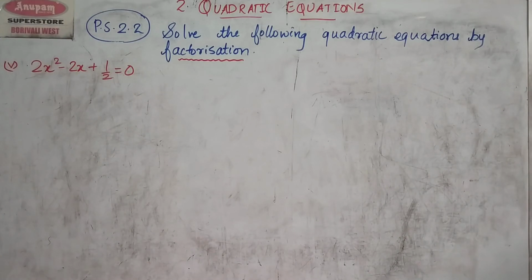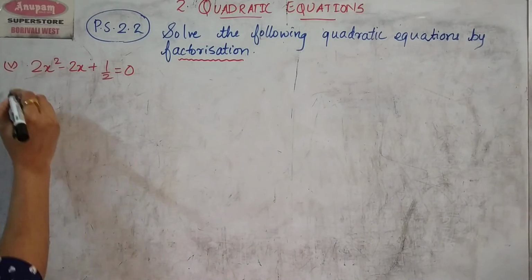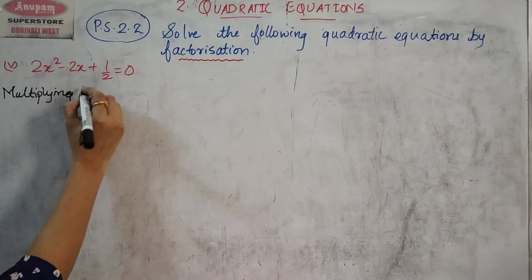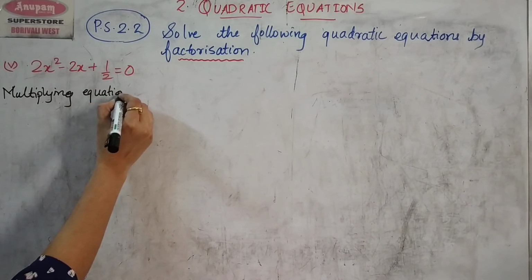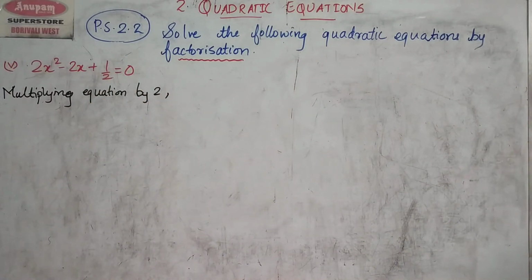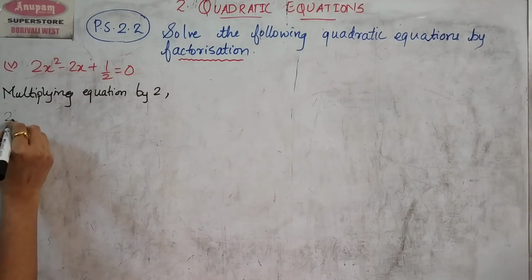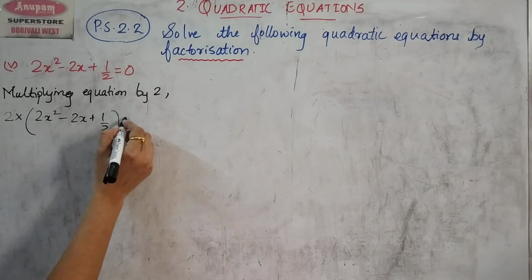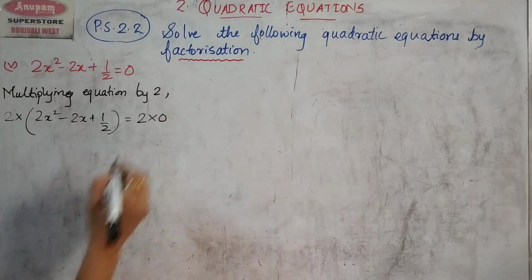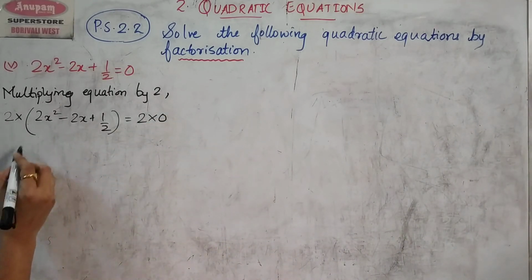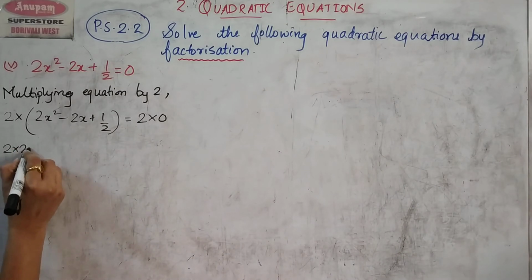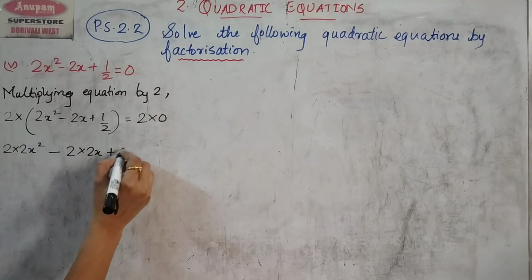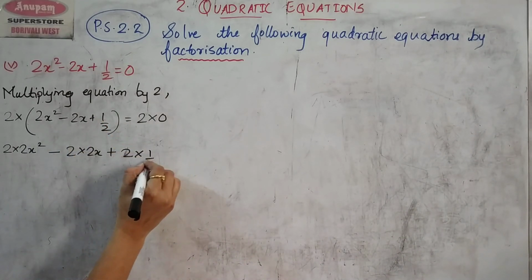So what I'm going to do is, since this is divide by 2, I'm going to multiply by 2. So I'll say multiplying equation by 2. So when I multiply this equation by 2, everything will be multiplied. See, 2 into this 2x square minus 2x plus 1 upon 2, and here also on the right hand side also 2 into 0. So when I do this, when I open the bracket, this will become 2 into 2x square minus this will become 2 into 2x, and again 2 plus 2 into 1 upon 2,